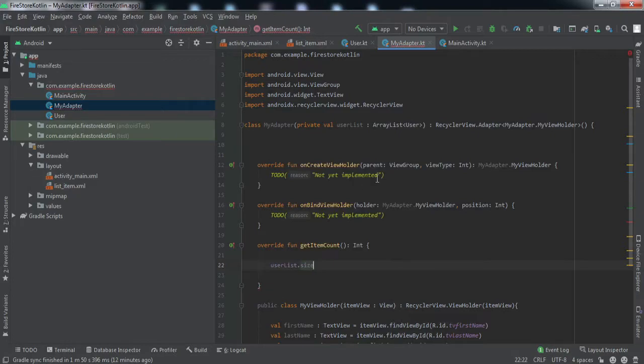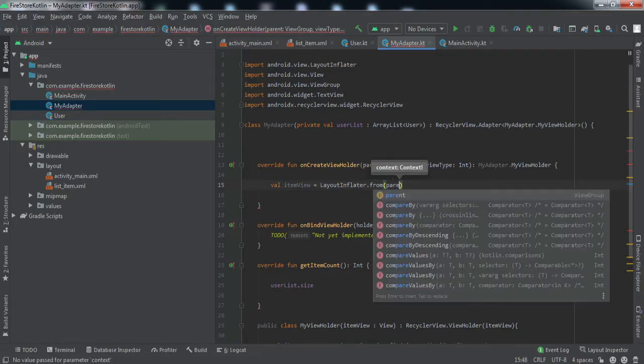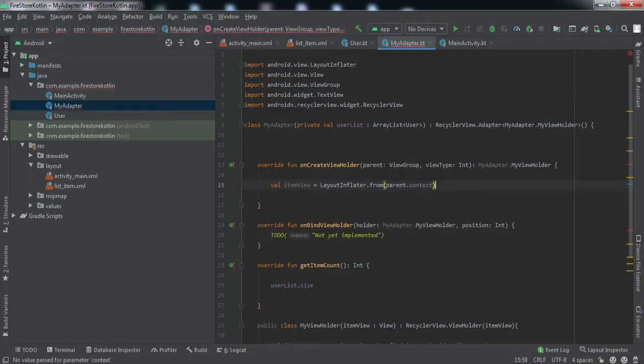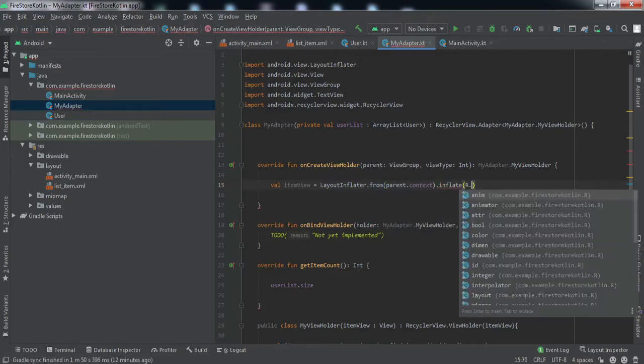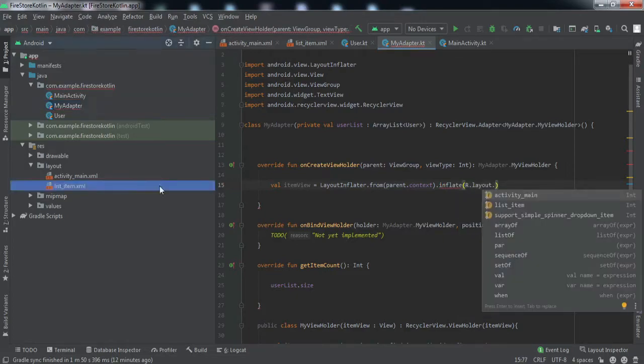And now we are going to override this onCreateViewHolder. We'll pass the context here, so parent.getContext().inflate. Now we are going to inflate the list item, right?